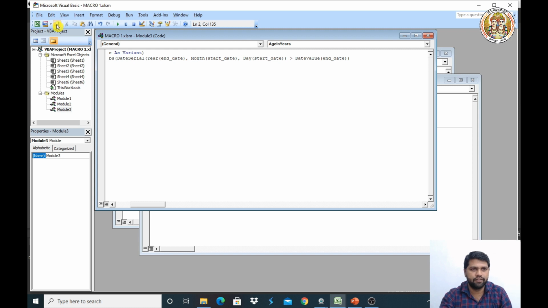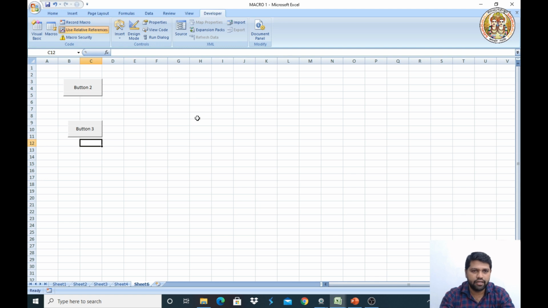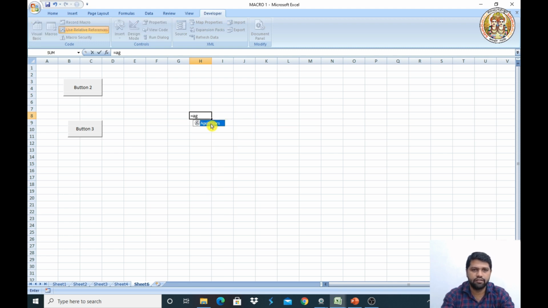So let us try that. Save it and go back to the Excel sheet. So here I'll take the equals, age in years, right? In double quotes I need to write the start date and the end date. So 11 November 1850 I'll take, right?